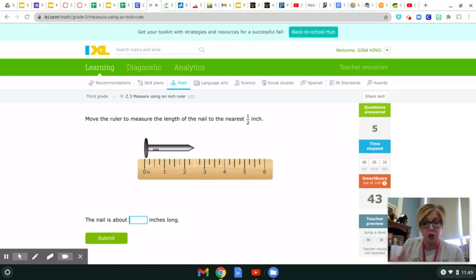That means it's 2 whole inches and then a 1/2 inch more. Okay, but it's not quite 3. It doesn't go up to 3. So it's 2 and 1/2. And the way that you would type that in the box down here is you're going to put the whole number 2, and then you're going to put a space. And then to type 1/2, it's going to be 1